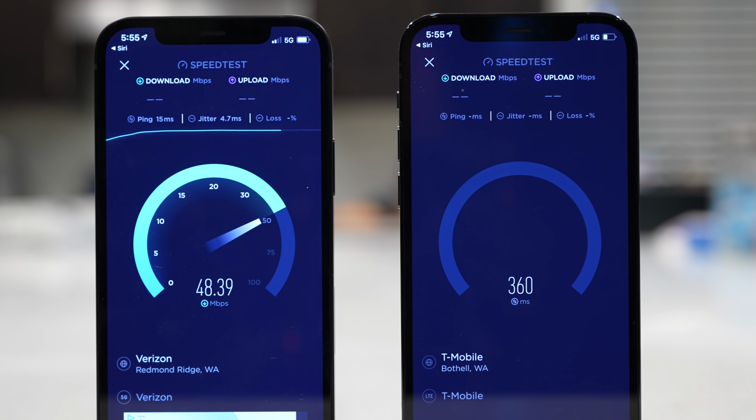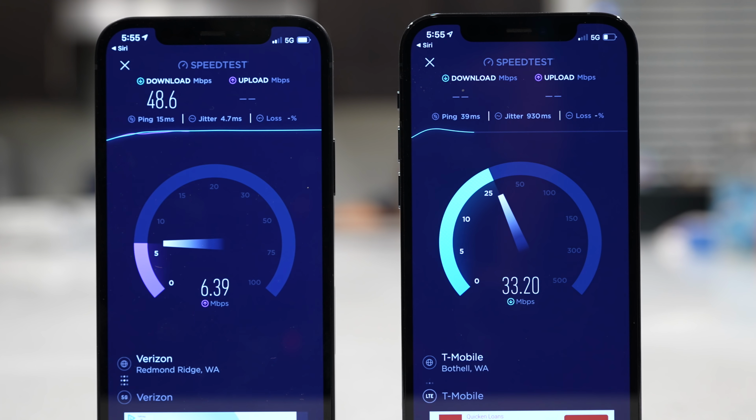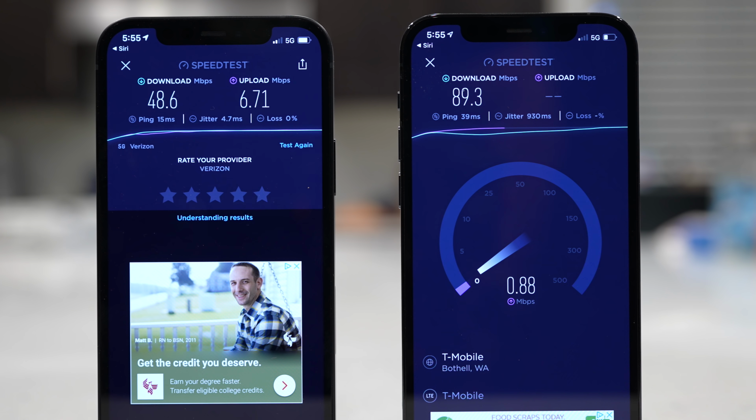And what you're seeing in these speed tests is T-Mobile 5G on the iPhone 12 Pro and Verizon 5G on the iPhone 12. I first tried the speed test here in my home, and as you'll see in these results, there isn't much improvement over 4G LTE, as I mentioned. And again, this is highly dependent on where you are. My main point is, if you pick up one of these phones expecting way faster speeds on cellular right out of the box, you might get it or you might not get it, and it all depends on where you're